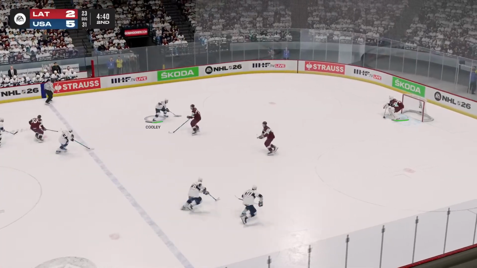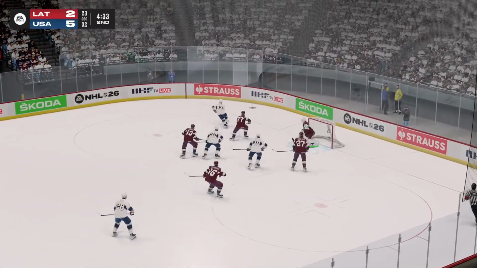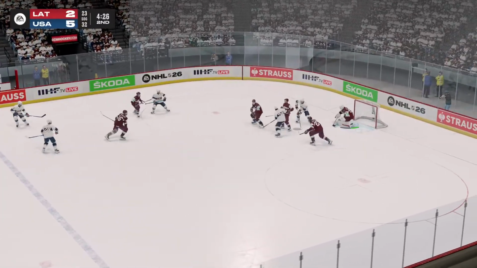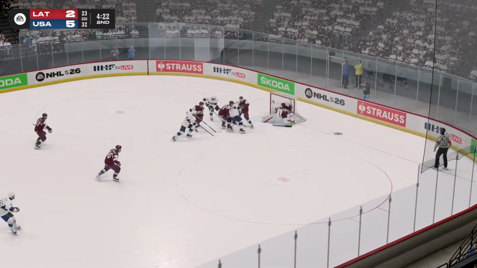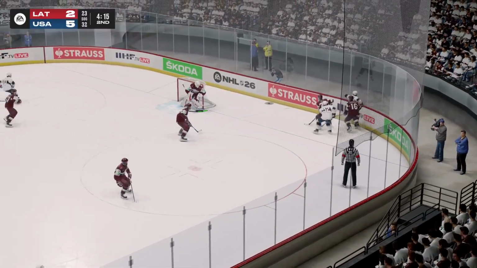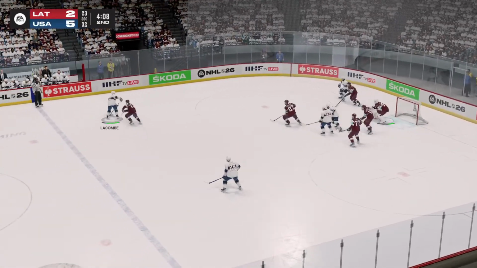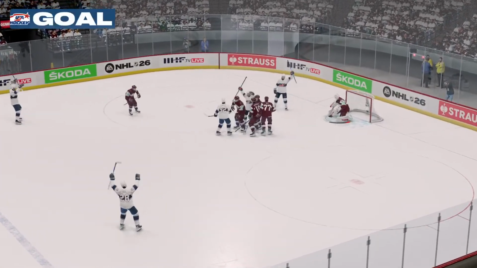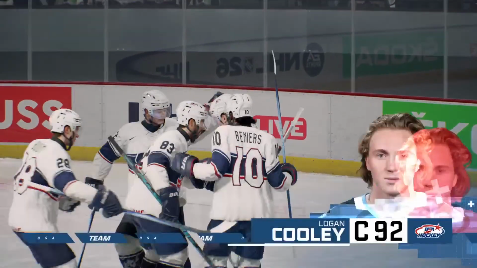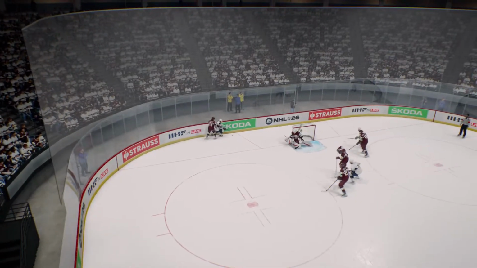Logan Cooley cuts inside, drops it off. Garland fires, save. Gudlevskis goes into the corner. Garland floats it back up to the point, and Boyum tipped out in front. Loose puck available, goes right through the crease. Comes into the corner. Garland gets there for the United States, kicks it to the other side where Matty Beniers is. Back up to the point. Lacombe into the slot, turns, fires, score! Logan Cooley puts it in for the United States, and they lead by 4.